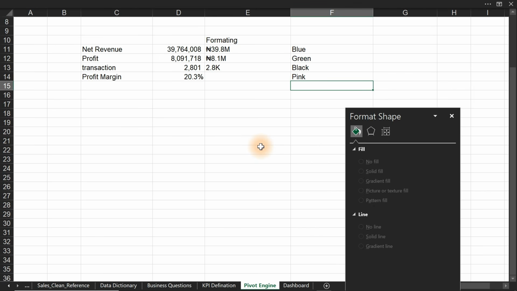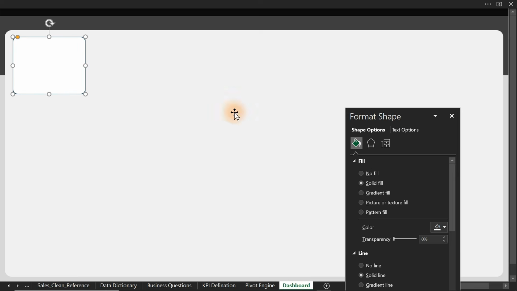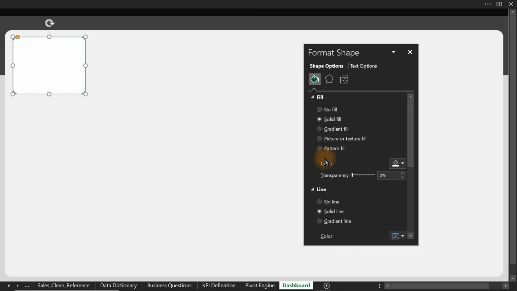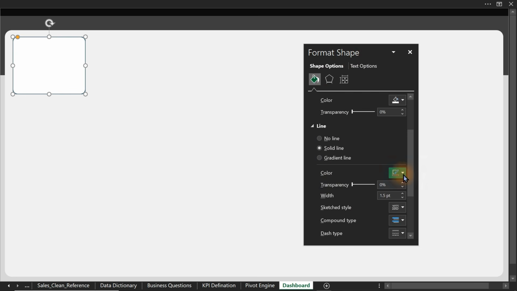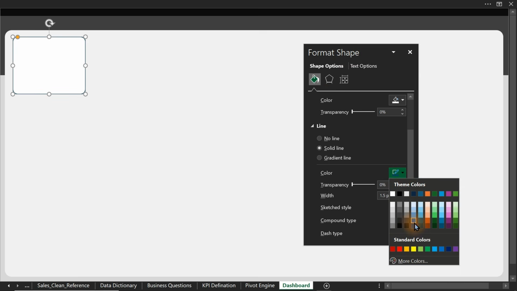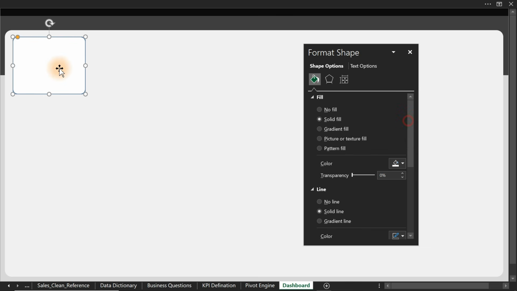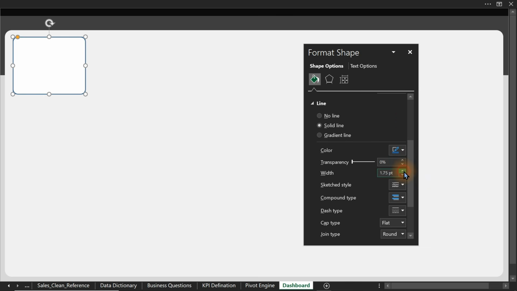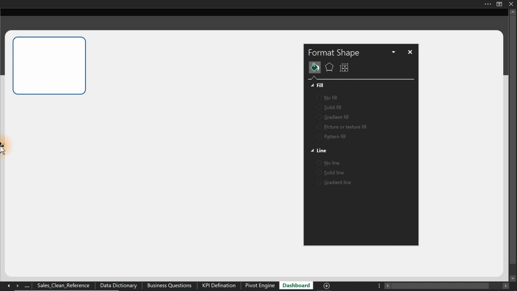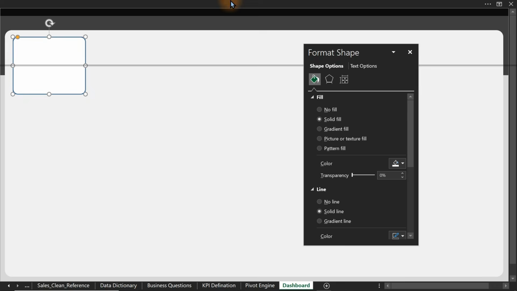So once you have known how the colors will go, we can come back to this particular part right now. On this particular line, we choose the color that matches what we want to show on our KPI. We want to go with this particular color. So if you look at it, this is what I have right now. You can make it thicker than this by going straight up to here to make it much thicker. So once you have this, this is how it is going to look. So now the next thing we have to do is to start bringing in our